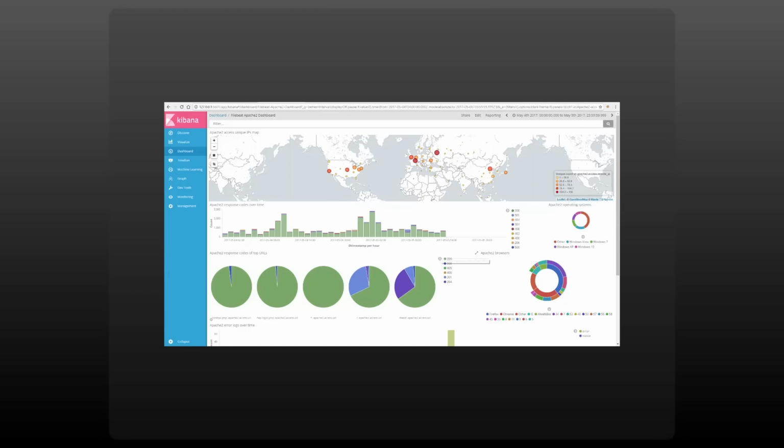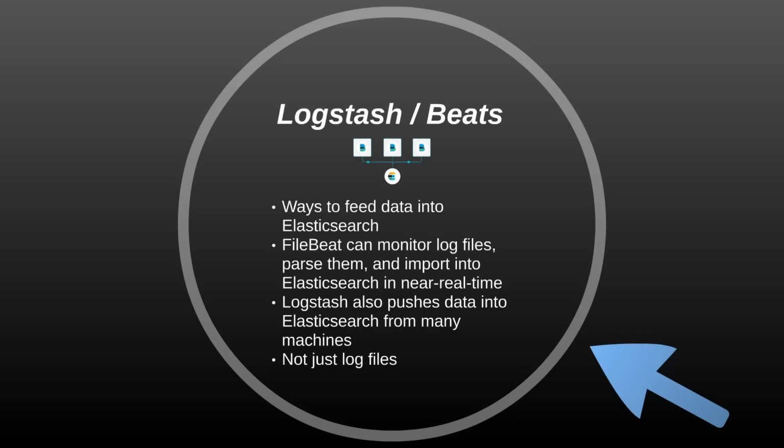We can also have something called Logstash and the Beats framework, and these are ways of actually publishing data into Elasticsearch in real time in a streaming format. So if you have, for example, a collection of web server logs coming in that you just want to feed into your search index over time automatically, Filebeat can just sit on your web servers and look for new log files and parse them out, structure them in the way that Elasticsearch wants, and then feed them into your Elasticsearch cluster as they come in.